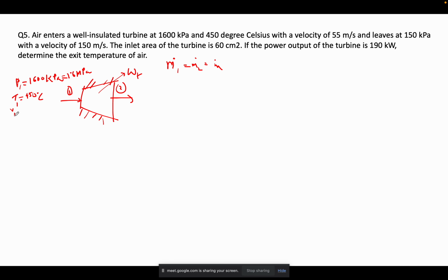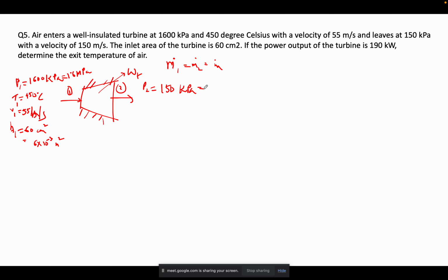V1 is given as 55 meters per second, and then inlet area A1 is given as 60 centimeters square, which is equals to 6 into 10 raised to the power minus 4, so that will be 6 into 10 to the power minus 3 meters square. And then the exit leaves the pressure at 150 kilopascal, so P2 is given as 150 kilopascal,